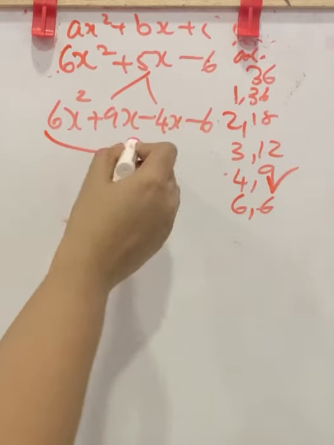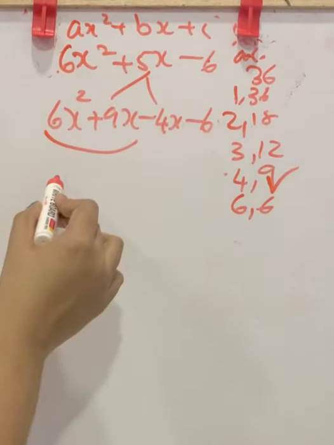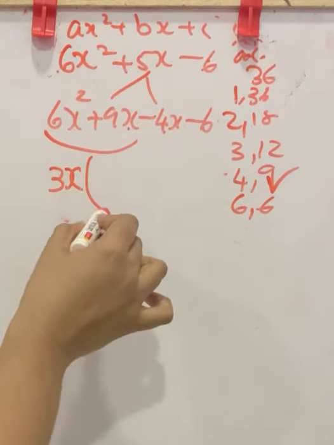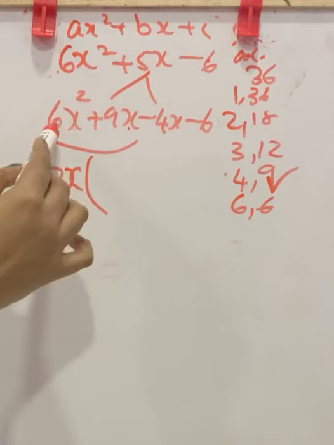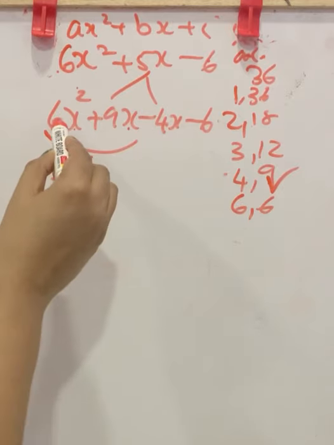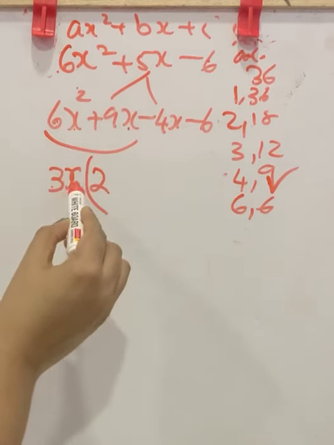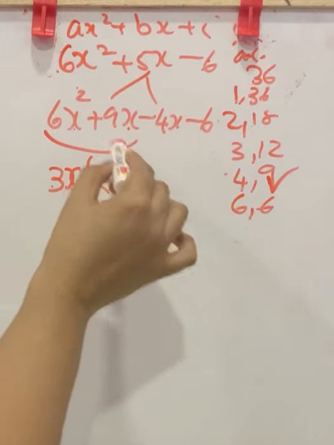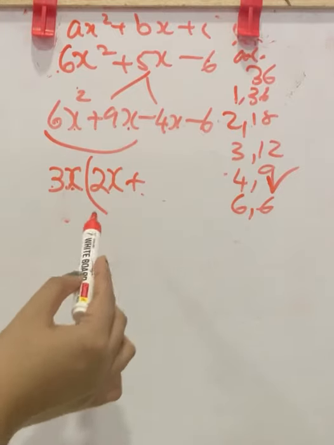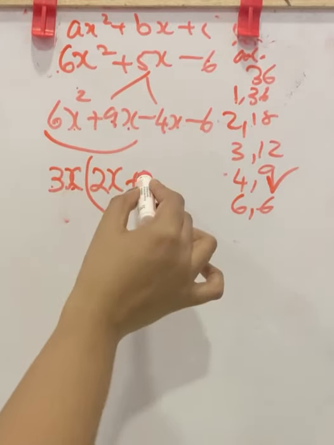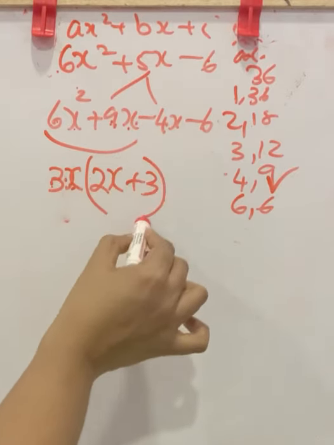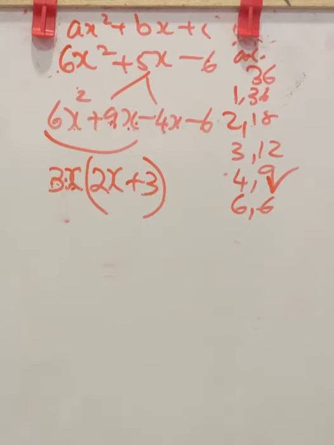Now next, from the first two terms take the common factor. In 6 and 9, 3 is a common factor. In x square and x, x is a common factor. Now open the bracket here. From 6x square, 3x is taken outside. The balance will be 3 2s are 6, and in x square, x is taken, balance 1 x is there. Here plus 9x, x is taken, so no x will be in this term. From 9, 3 is taken, so the balance will be 3. That is 3 3s are 9, and this x is here. Close the bracket. That is 3x into 3 is 9x.